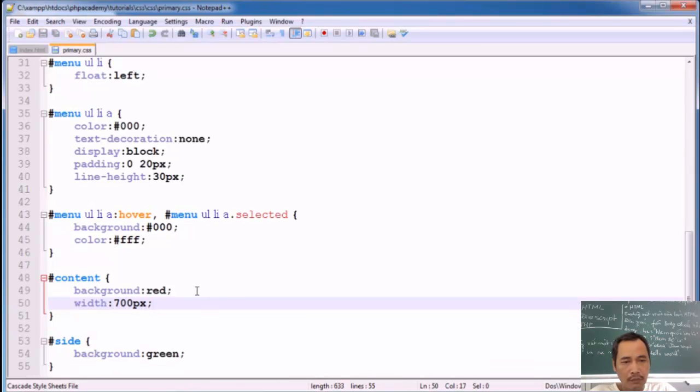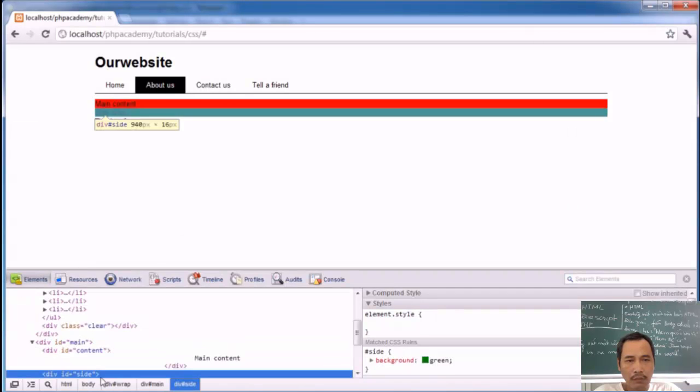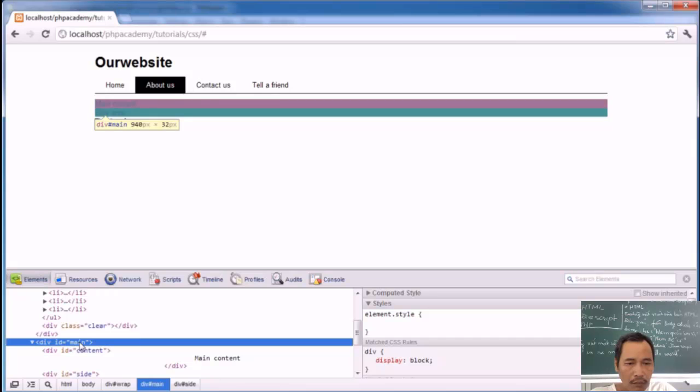Remember our main container, the inside of this is 960 pixels. Oh, actually, sorry, no, it's not. Let's go ahead and inspect. So we've got 940 as the width. You can see here that any content within main, which spans